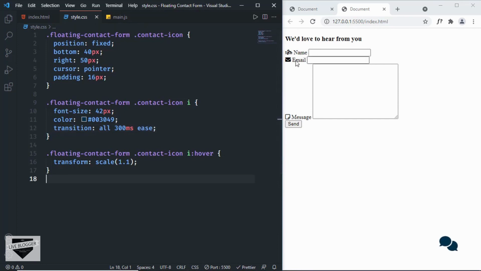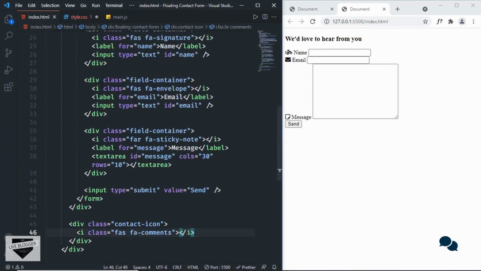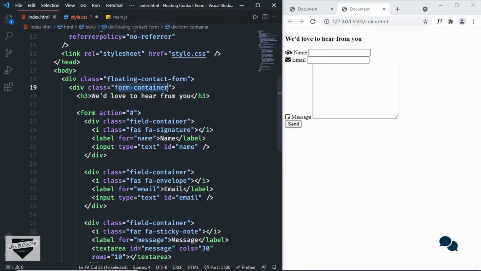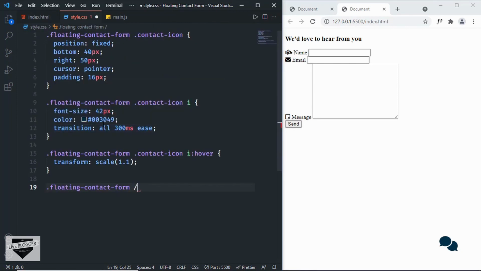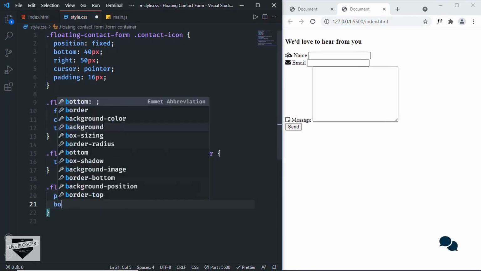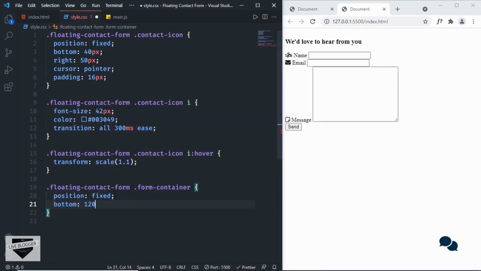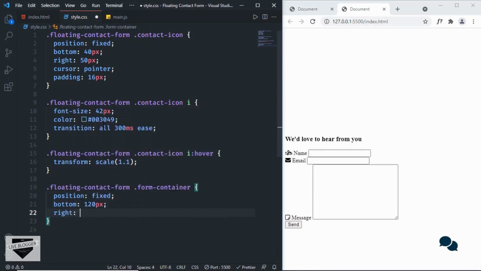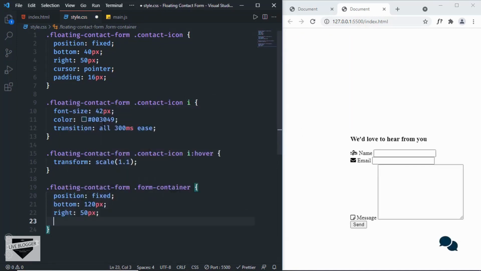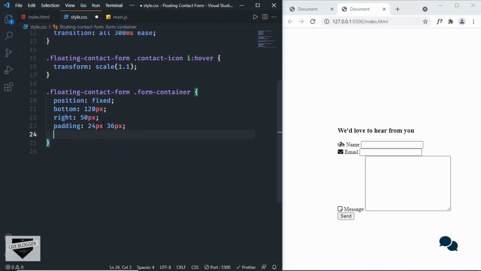Alright, now let's start with this contact form. So let's type floating contact form, and we have a division with a class of form container over here. So let's target that. So here I'll just type form container, and let's set the position of the form container to fixed, and we'll set the bottom position to 120 pixels and the right position to 50 pixels, and let's set a padding of 24 pixels top and bottom and 36 pixels left and right,